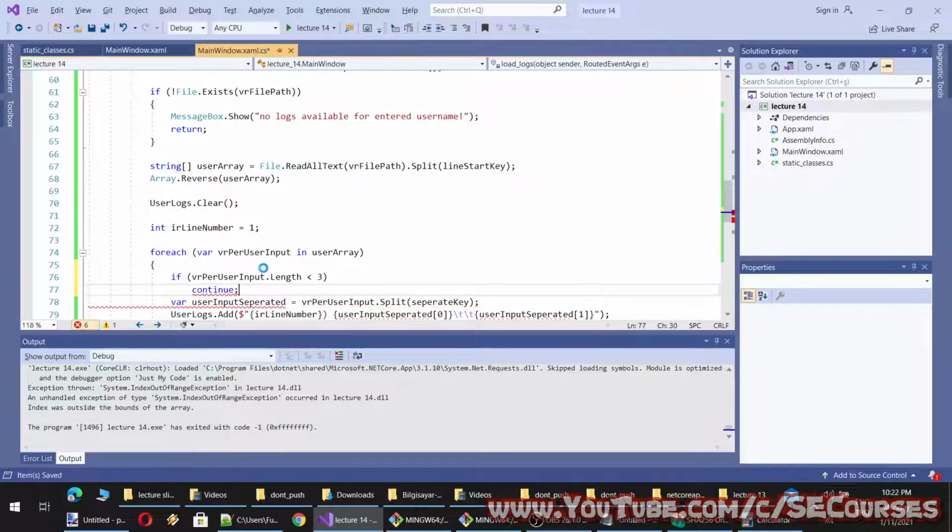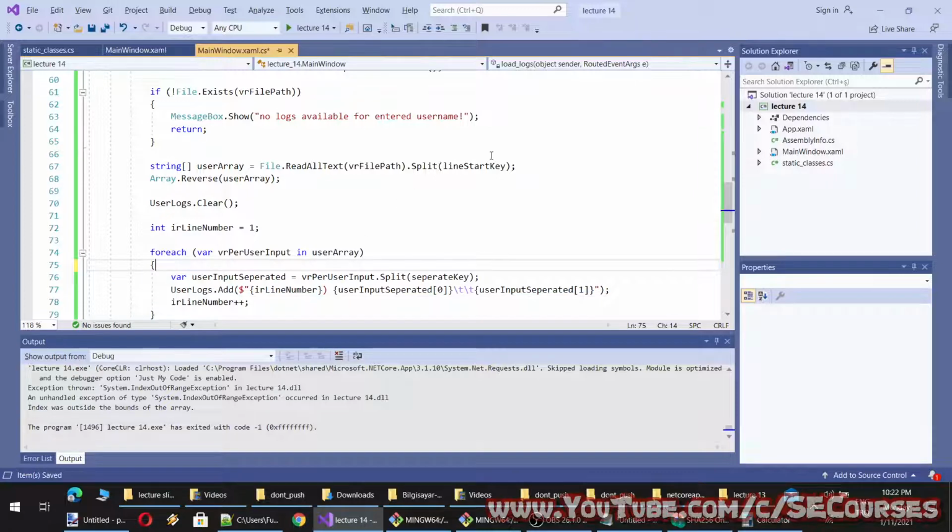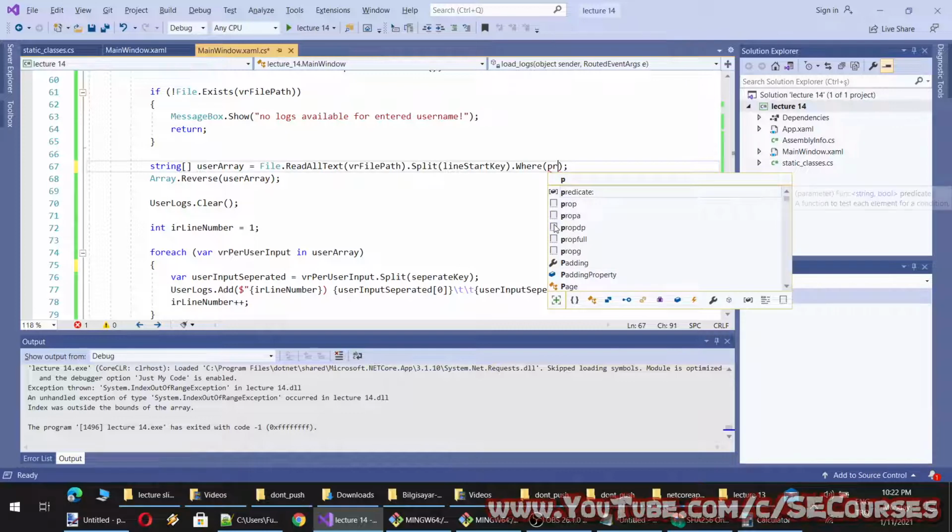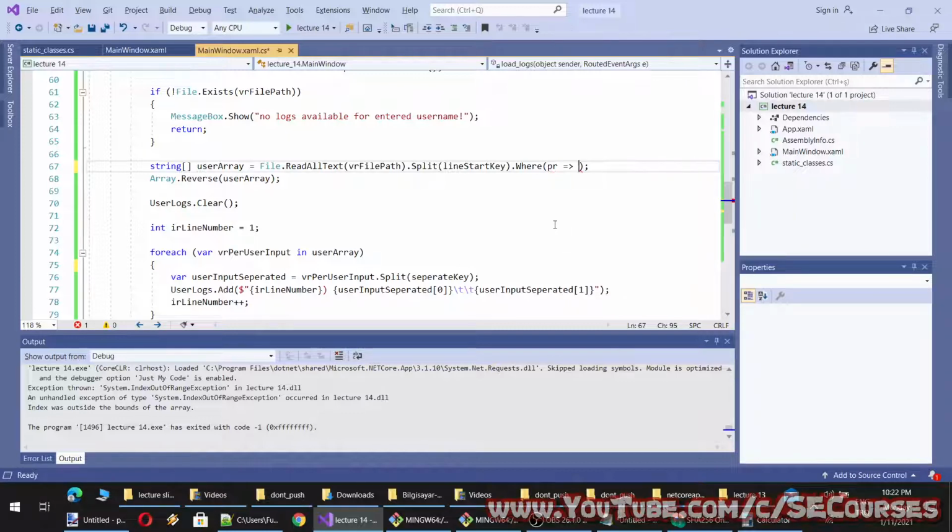I can say continue. Alternatively, I can solve it from the source as var, pr dot length bigger than 3. Okay, I can also use this and then convert to array.